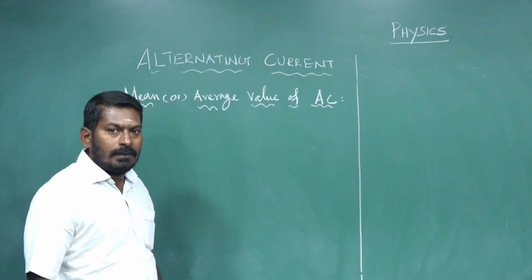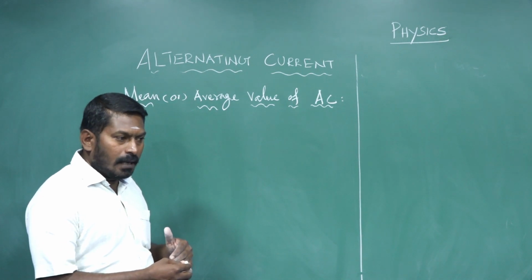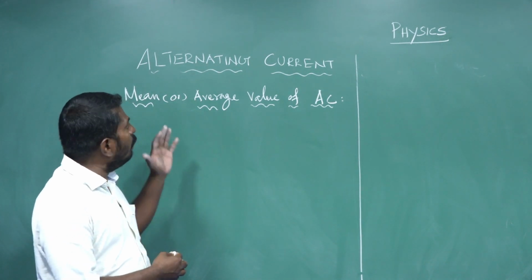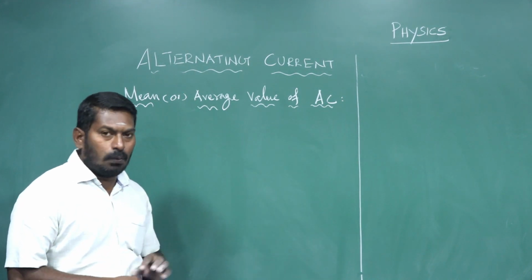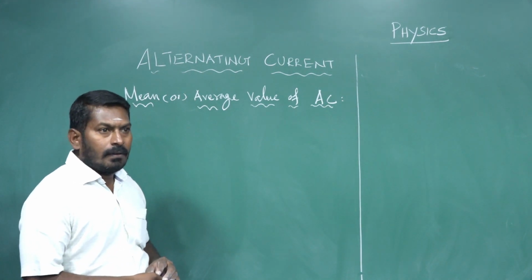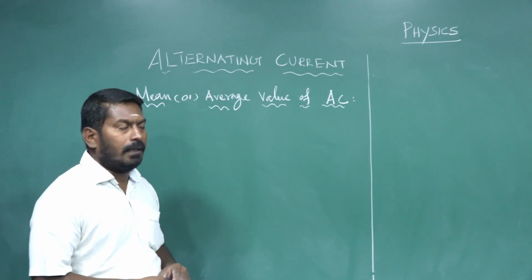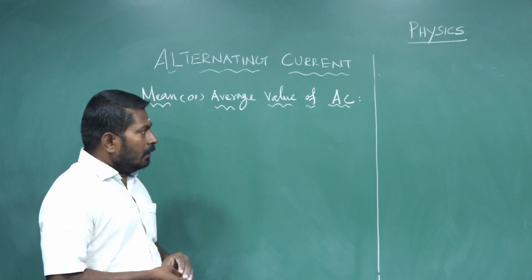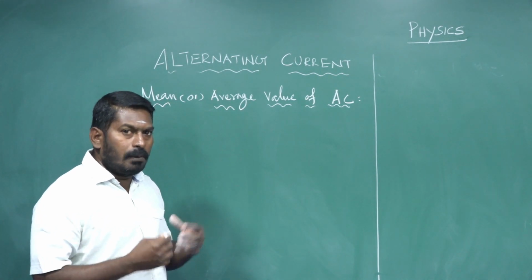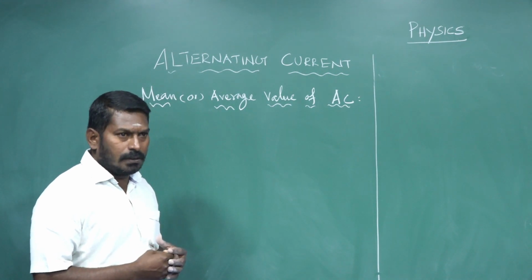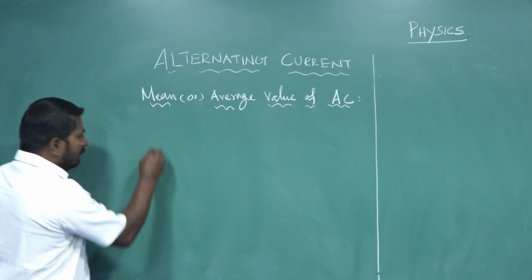Dear students, now we go to another important topic in the division of alternating current: mean or average value of alternating current, or mean or average value of alternating voltage. Before going to this topic, we know about DC source, DC voltage or DC current. In a DC system,